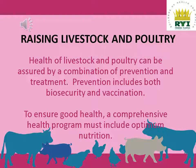So, what are those technologies? One of those is the formulation of better feeds, vaccination, medicines, antibiotics. There are lots of them. Those were the techniques that were made by the raisers, by the growers, because they want to ensure optimum nutrition for the animals, they want to ensure good health for the animals, and of course the immunity